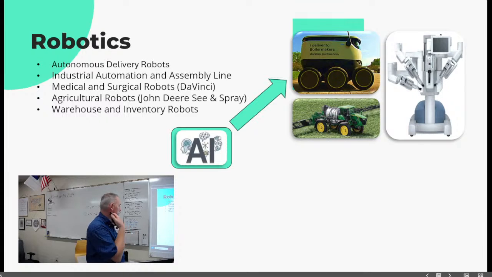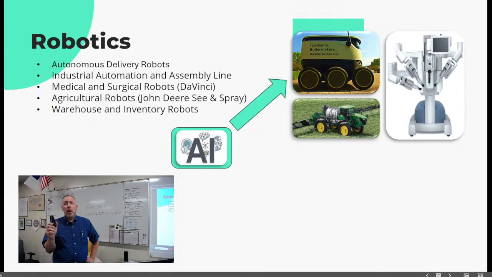One of my favorites, again, going back to medical, Da Vinci. Anybody ever hear of Da Vinci? You have heard of it. My husband had that. They had started it with, we were using it for intrauteral and prostate and those kind of things. And now they have them for ortho. We have our first ortho one. And I believe knee replacements? We are looking at neuro and cranial.